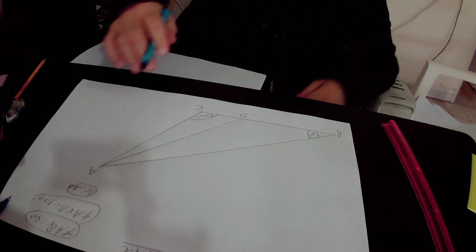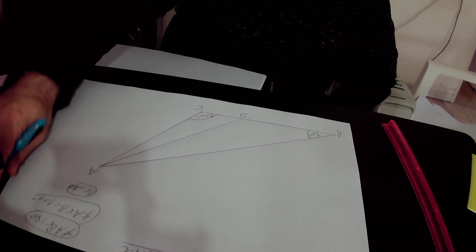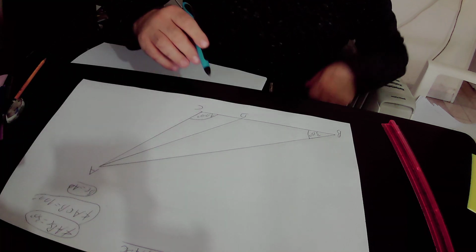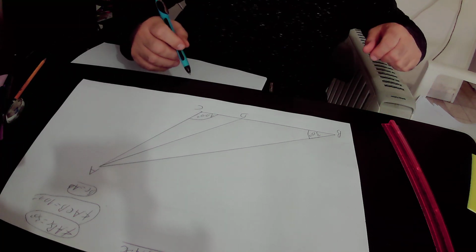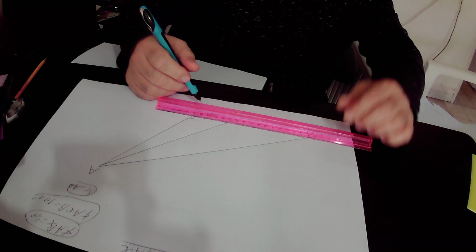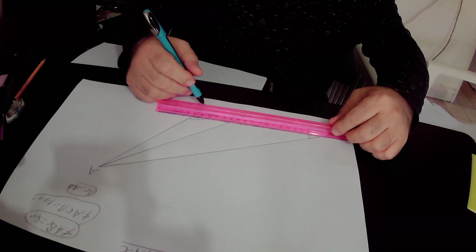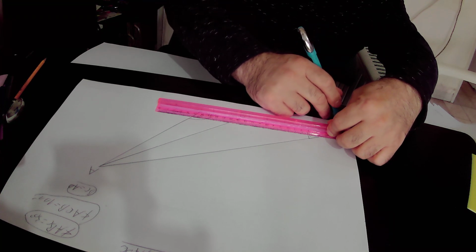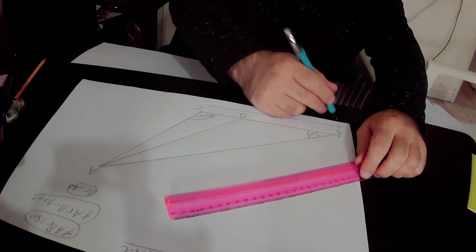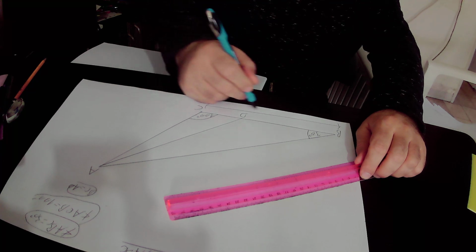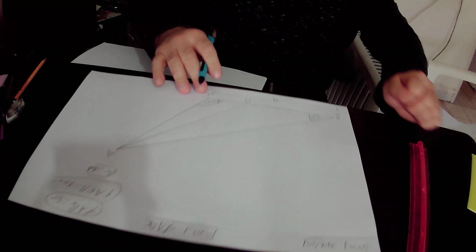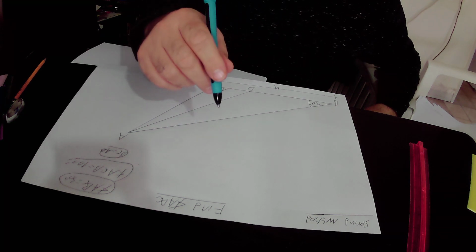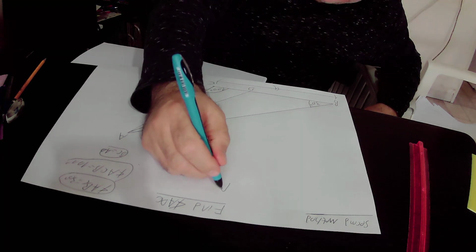In the second method, we will define side BC of triangle ABC as A. That is to say, the length of side BC is actually A units. BC equals A. And according to what is given in the question, we know that BC equals AD,